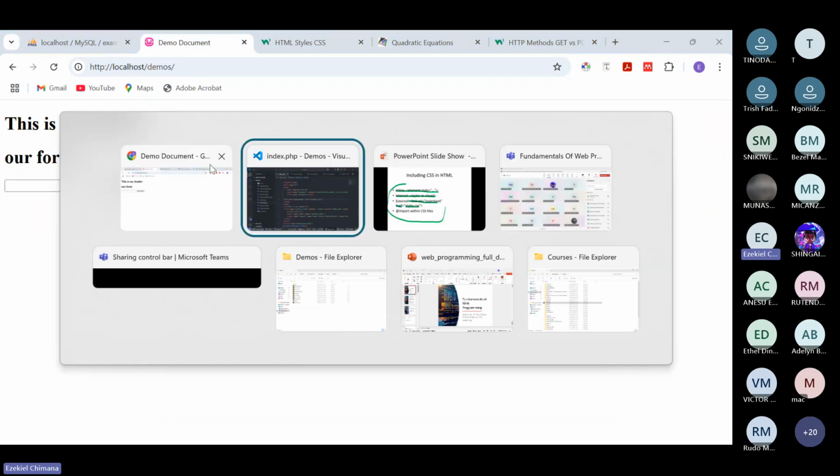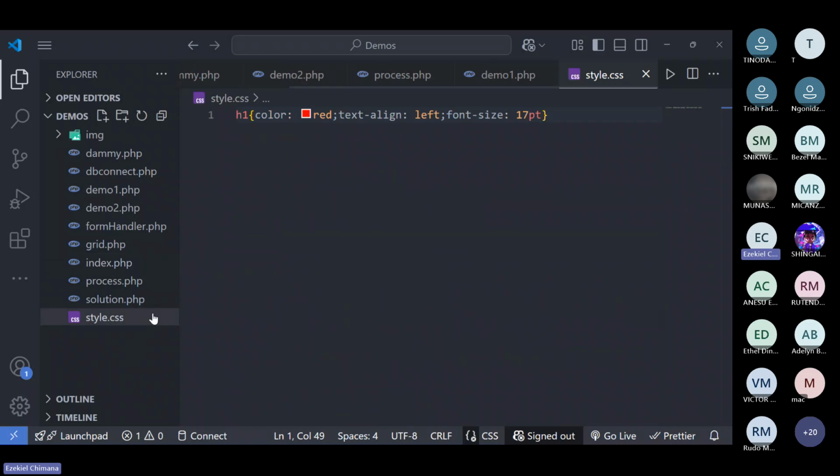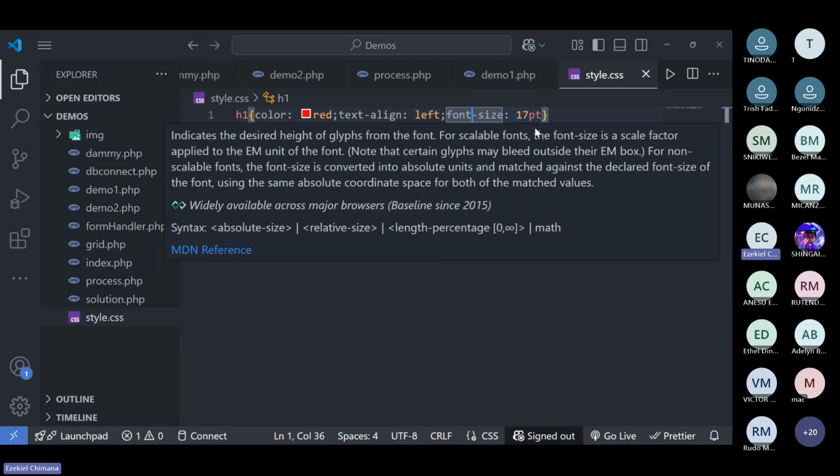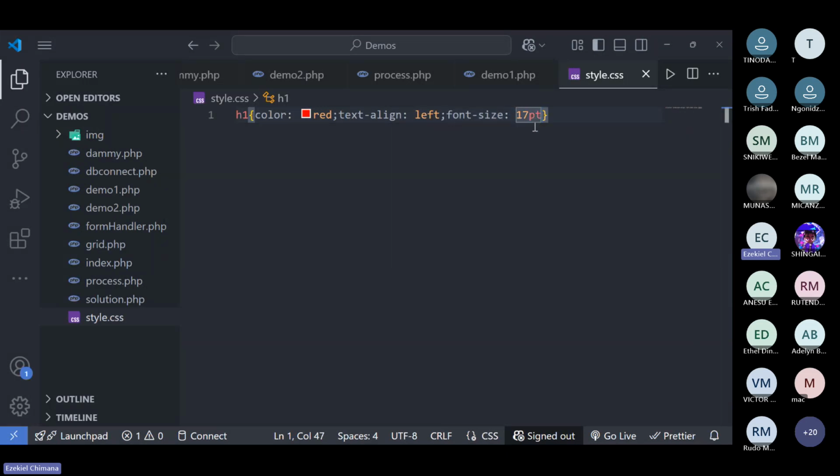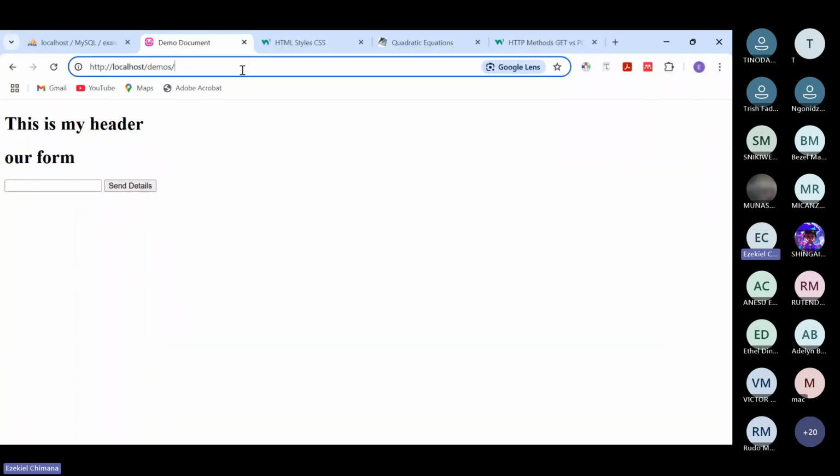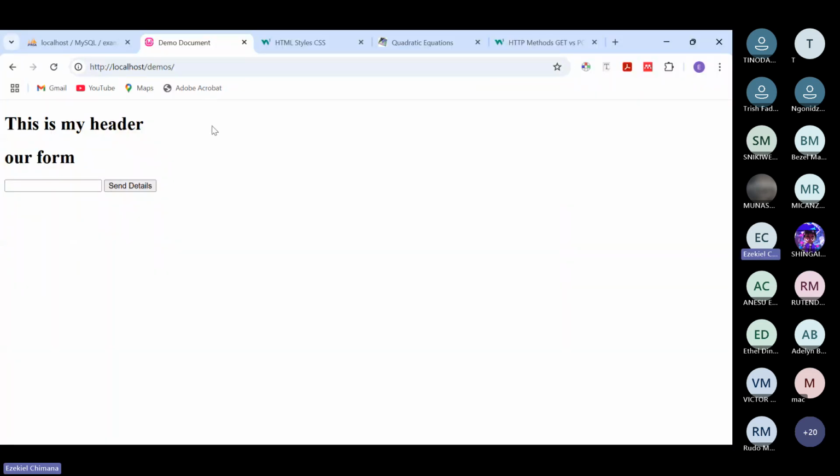Now, in style.css, there is nothing there. If there was something, this one was targeting the H, this one, and this one. Why is it not working? It was supposed to style every H tag with the color red, maybe the text alignment left and the font size of this. Okay, maybe this one needs to be terminated there. I think if we do this, it will be easier to spot some of these errors. Let me try to, oh,